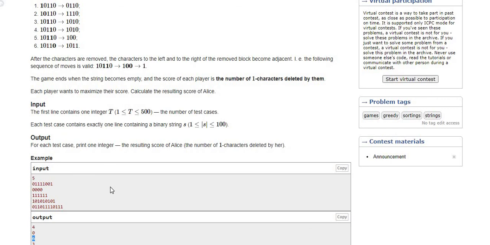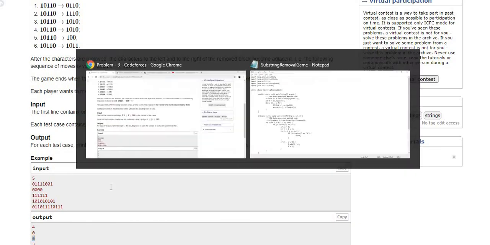Alice takes the first move, so we will perform the modulo 2 operation, and if the index value is divisible by 2, then that turn will be performed by Alice, and we will keep the count of Alice. So let's get into the code part now.